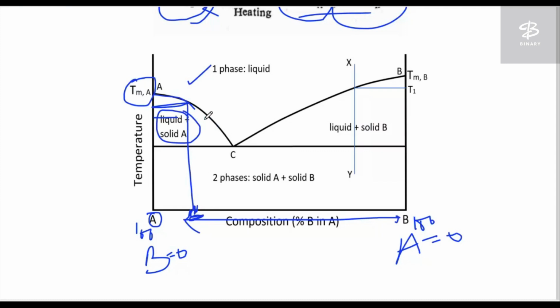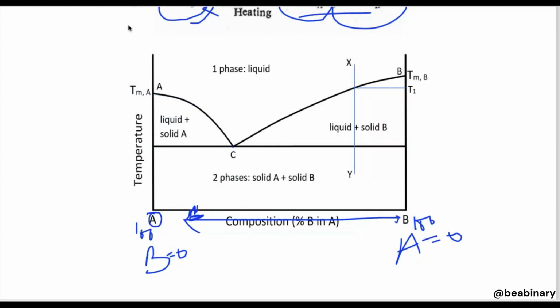It means you have a two-phase region. Once you reach this particular line, which behaves like a solidus line, and you cross this solidus line, then you have the solid state only, and that state would be of two kinds, solid plus solid. But as you decrease the temperature and also change the composition, once you reach this particular composition, whatever point C is defined,